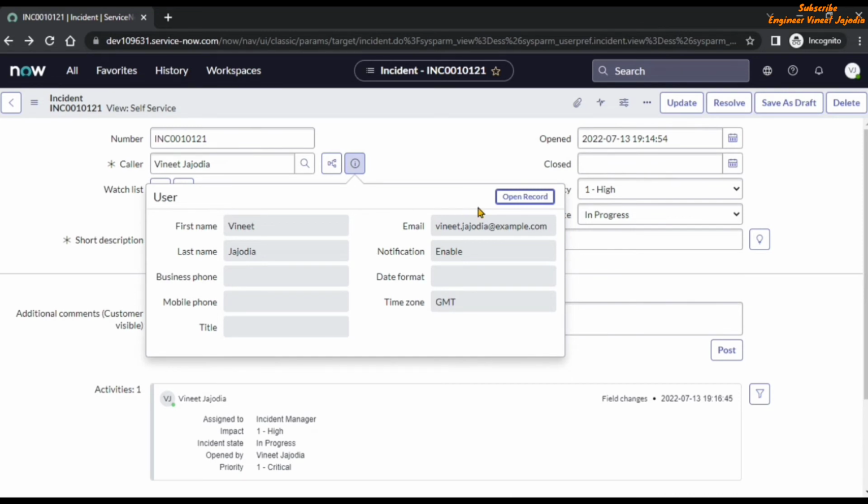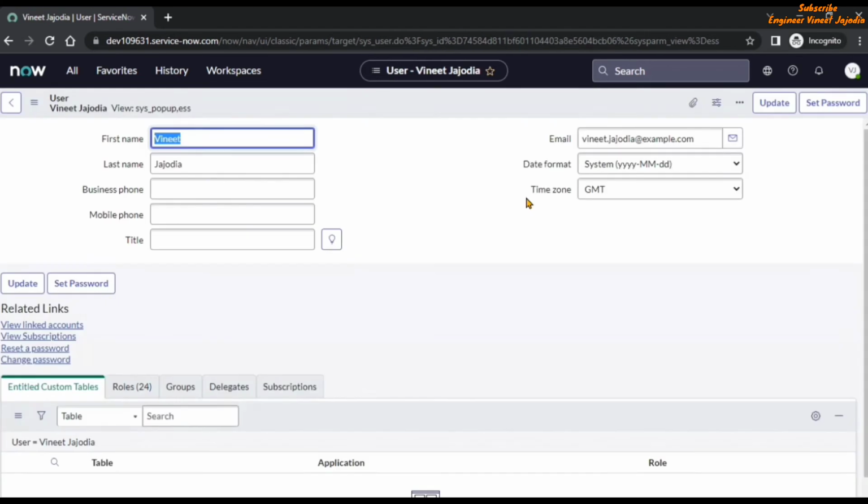If we open the record, so this view is sys_popup,ESS. Okay, that's how you can create a sys popup view. Now if you want to change the display name of it, all you have to do is click